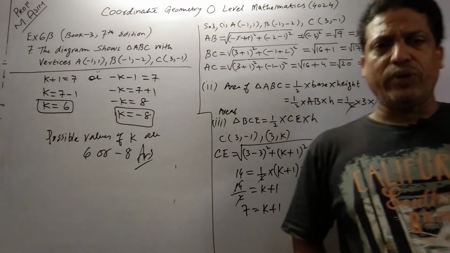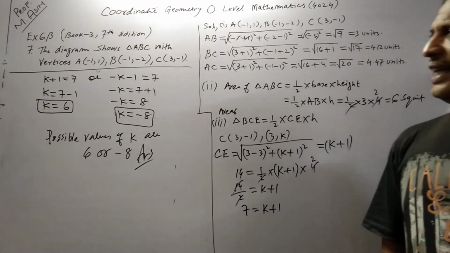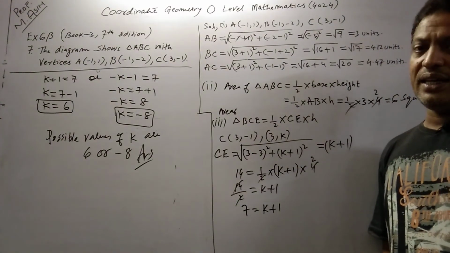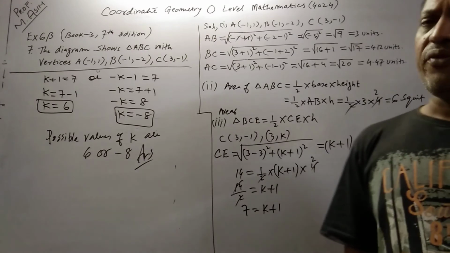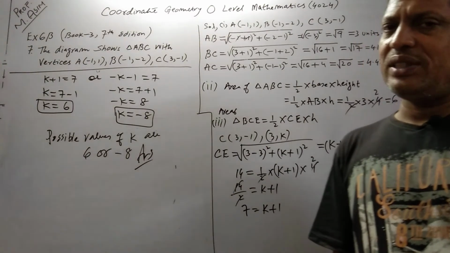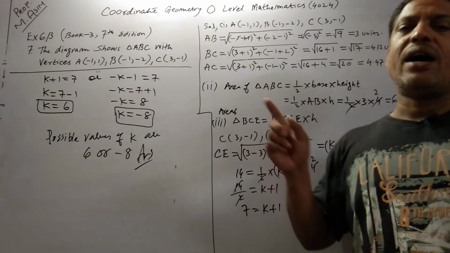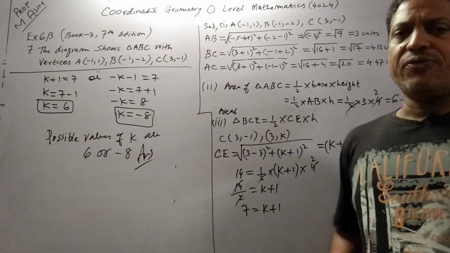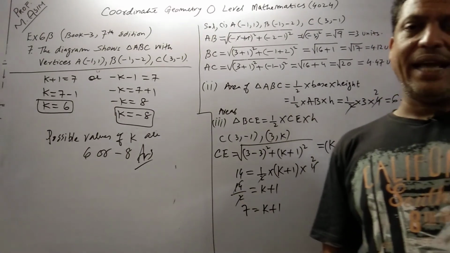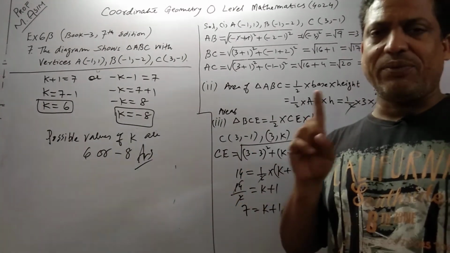So students, this is our today's class. One question is still left in this exercise, the last question number 12, which is related to advanced level. But I promise you, I will do that question in the next lecture, because all questions of this exercise are very, very important. So wait for the next lecture in order to complete 100% of exercise 6B. Only one question is left. I have done all questions except question number 12.